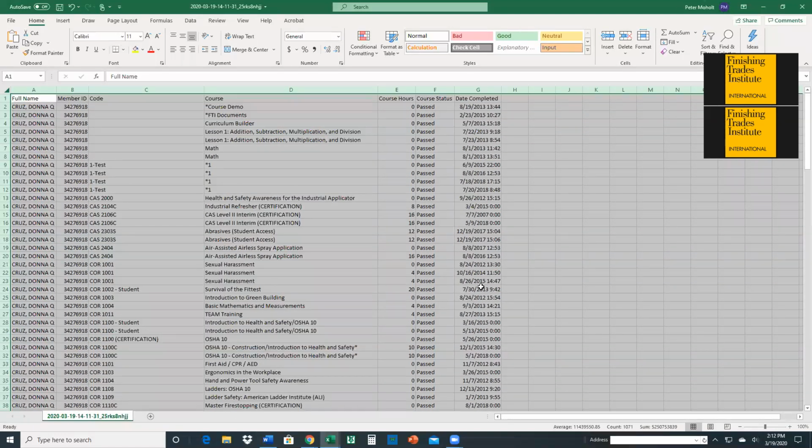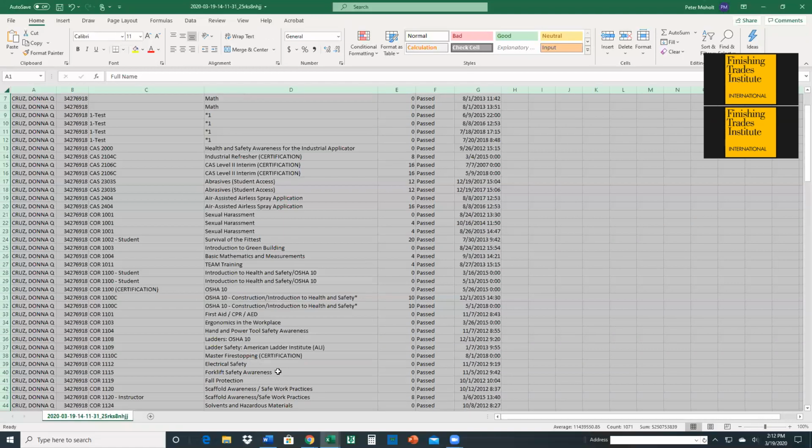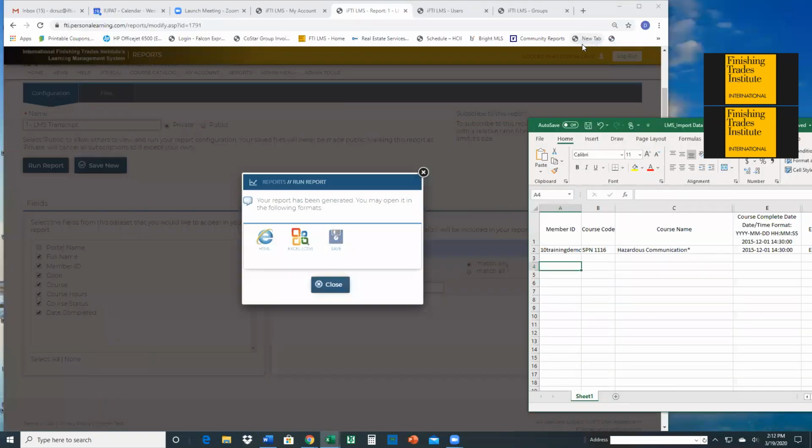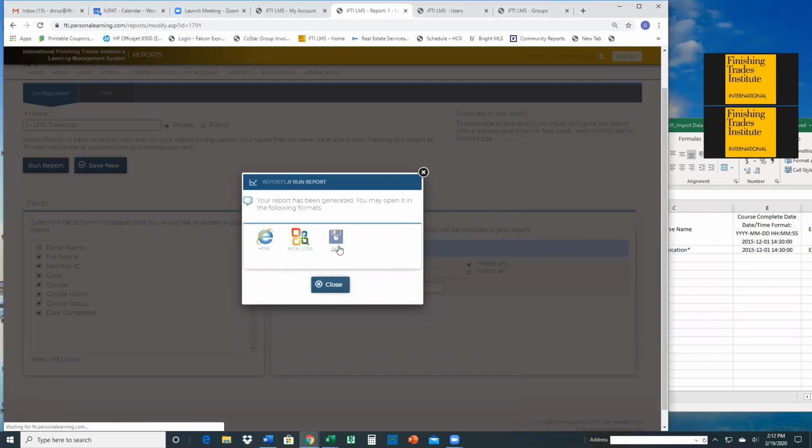If the member is completing courses for the glazing curriculum, it should show his glazing completions, or if he's taking core classes, it would show some of the classes that he took like Introduction to Health and Safety or some leadership classes. If you want to save the report, you can click Save, and when you do this, it saves the file